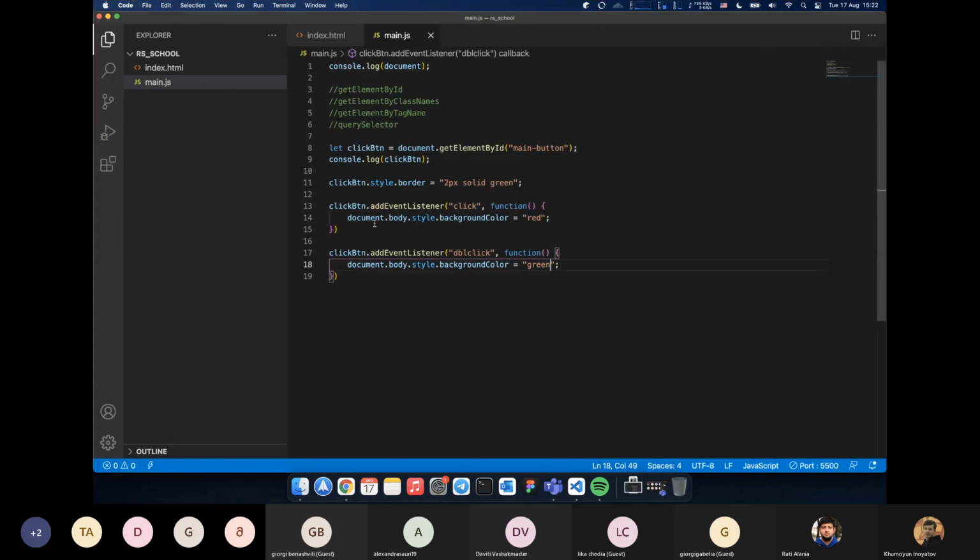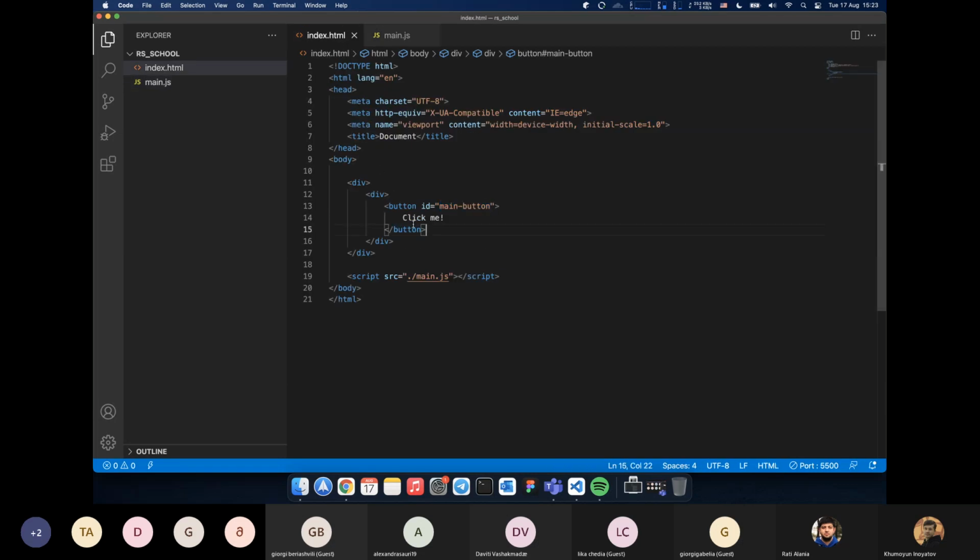So in this way, you can find the element using get element by ID, and then add some kind of events and change the style of this element, or remove its child, or add some kind of child to this element. Next, we will see adding and removing children later in this lesson. And for now, we can